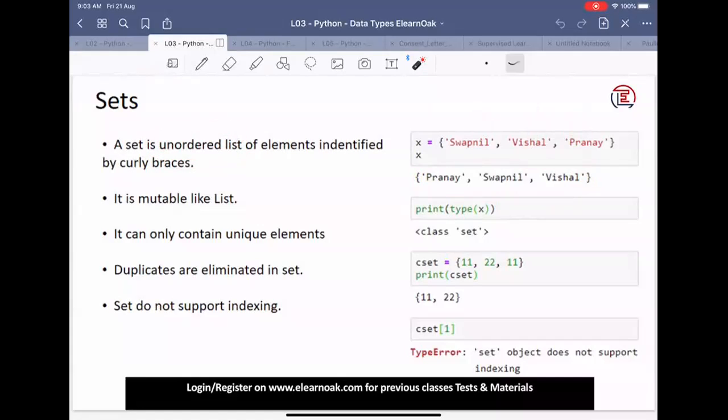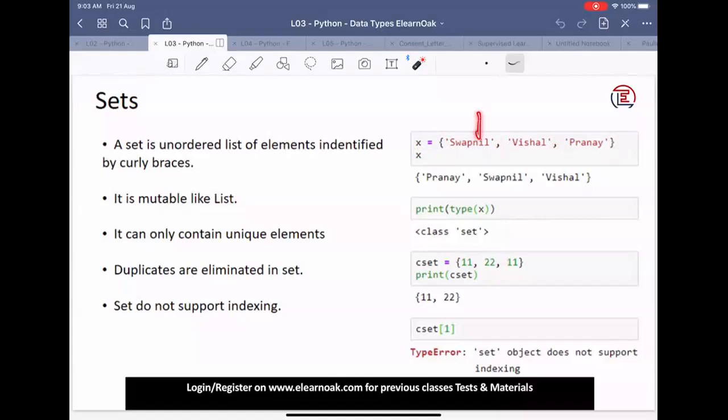Okay, we define sets by using curly braces. So you look at this example here. When I say x is equal to, x is a set, and I define it within curly braces. These curly braces explain to us that this is a set, and within the curly braces we separate our items using a comma.